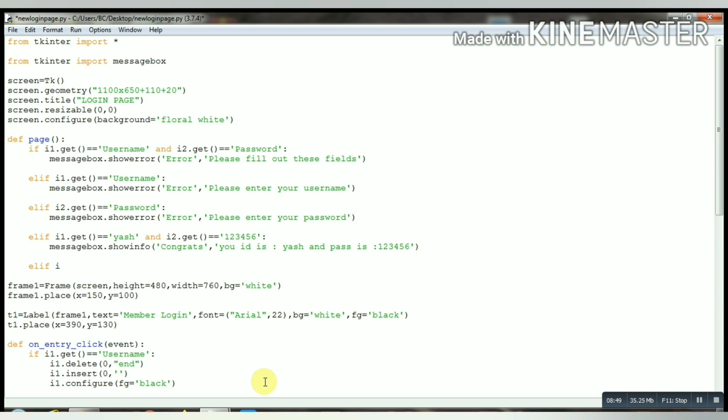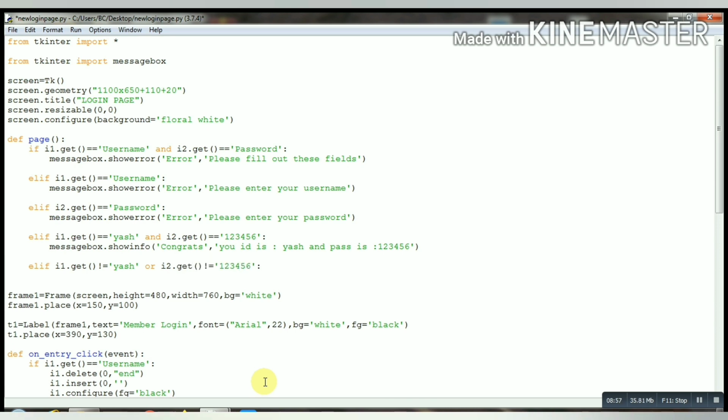Now else, if the user doesn't write the correct username and password, meaning I2 not equals this, then it will show an error: please enter your correct username or password.